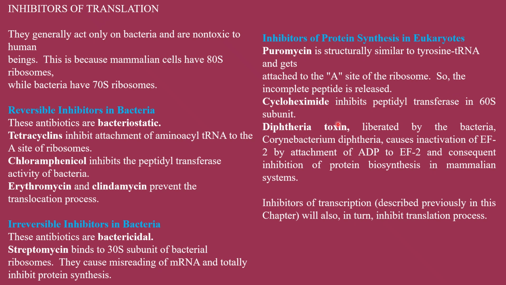Then cycloheximide inhibits the peptidyl transferase in the 60S subunit, and diphtheria toxin, liberated by the bacterium Corynebacterium diphtheriae, causes the inactivation of elongation factor 2 by attachment of ADP to elongation factor 2 and consequent inhibition of protein biosynthesis in the mammalian system. Then inhibitors of transcription will also inhibit the